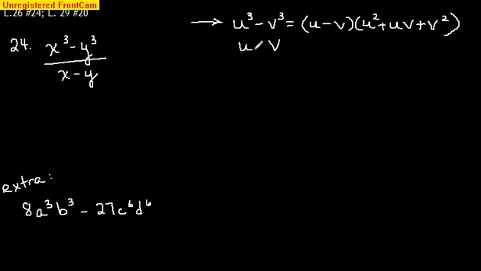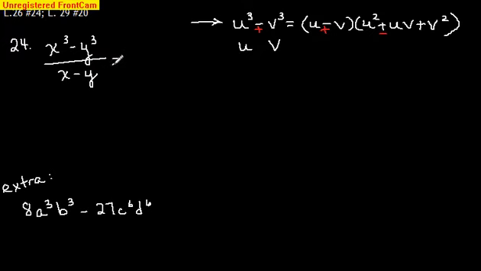Then you square the first one, then you multiply them together, and then you square the second one. If this would have been plus right here, then the first one would have been plus, and the second one would have been minus. So the first problem that we're going to do is we're just going to take this,